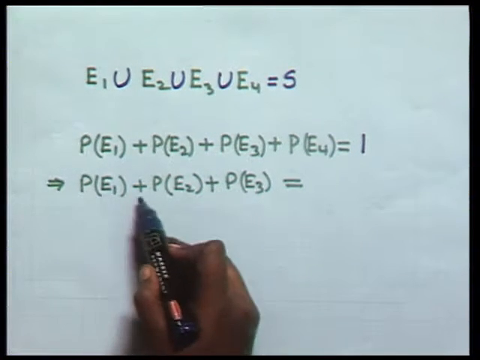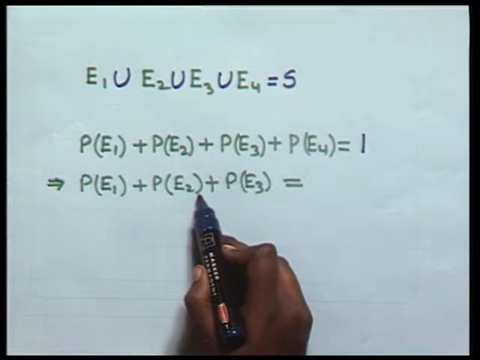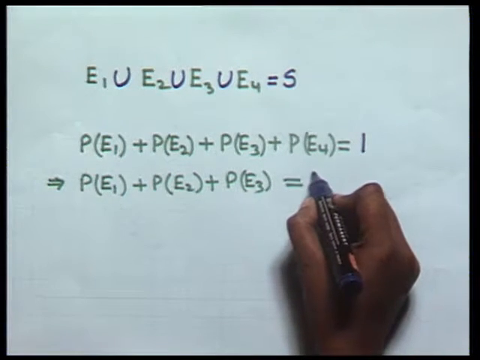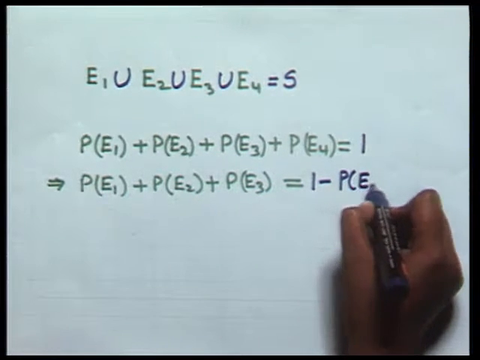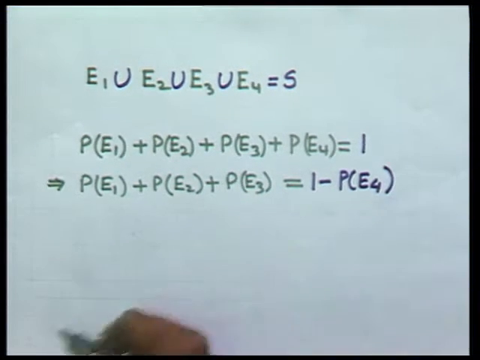That means probability of E1 plus probability of E2 plus probability of E3 will be equal to 1 minus probability of event E4,